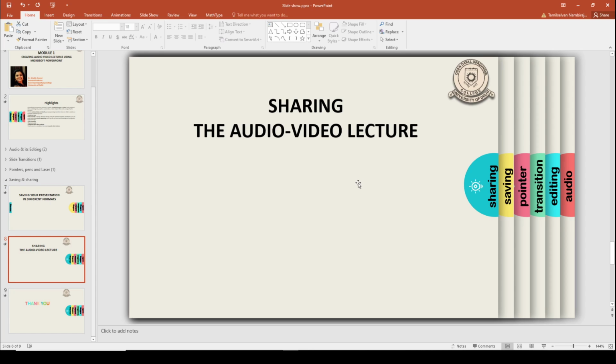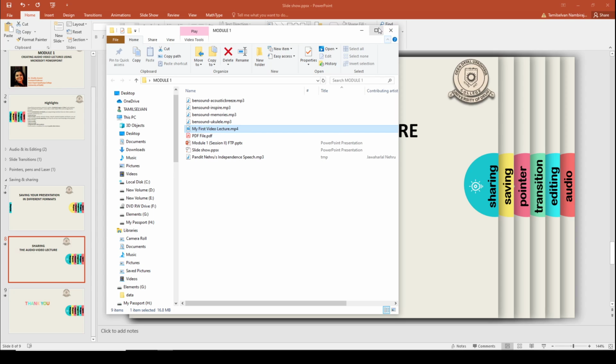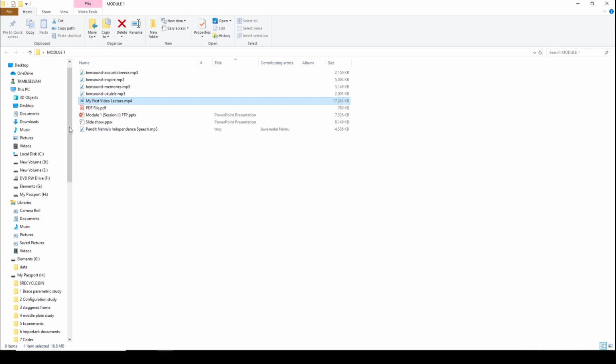Now this is very important. Why? Let's look at the folder first where we had created different formats of the same presentation. So this is my folder, right? So here you can see that this is my normal presentation which I have created that contains nine slides in it. So you see the size of it. So it is around 7 MB, right?